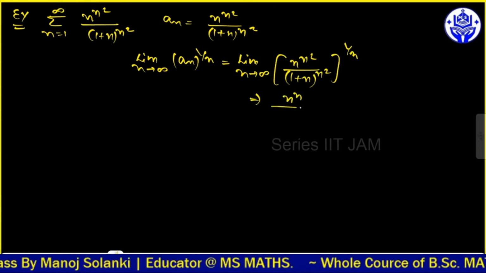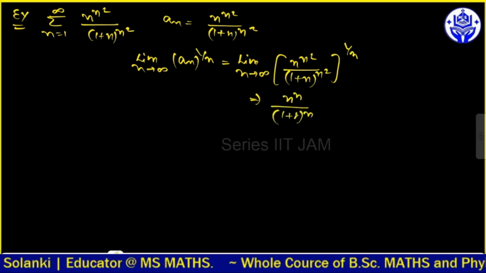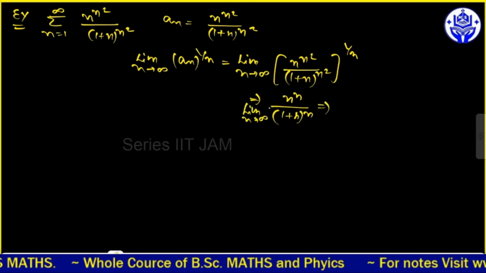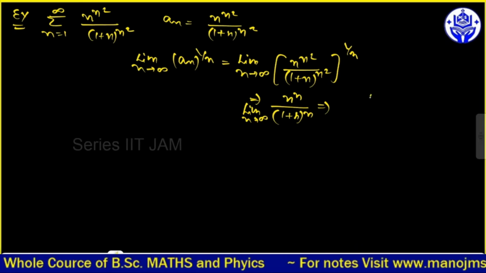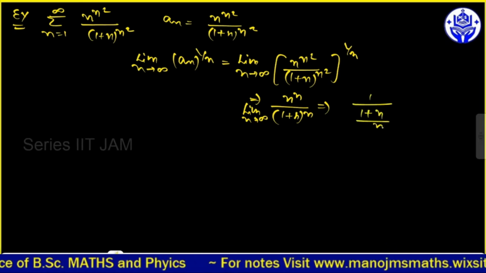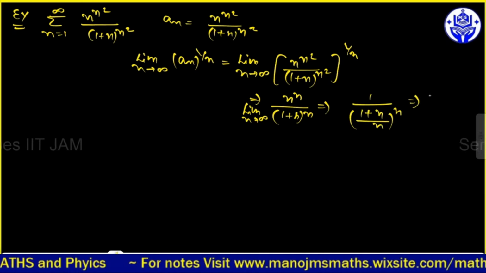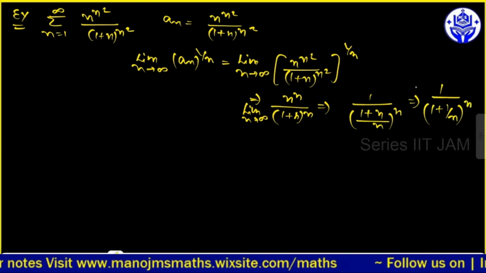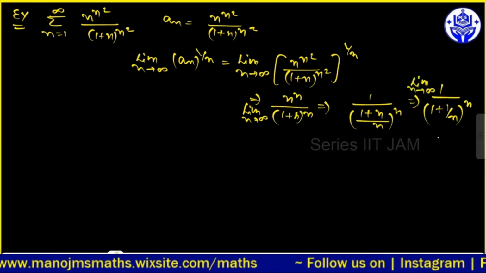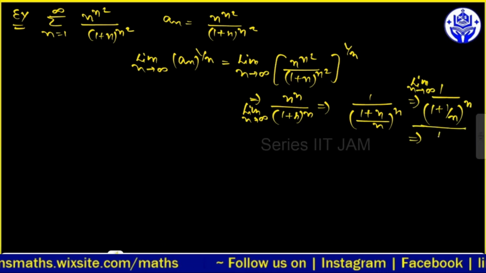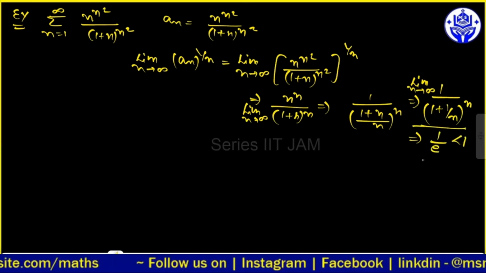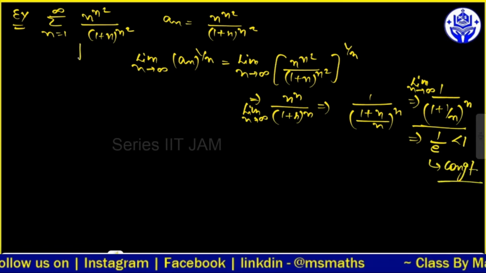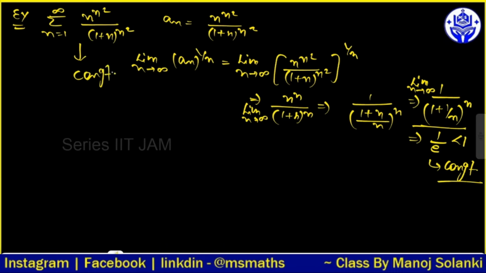तो ये जब हम यहाँ पे सिंप्लीफाई करेंगे तो ये मिलेगा आपको n^n, ये मिल जाएगा 1 पावर (1+n)^n हो जाएगा। तो इसमें जब हम यहाँ पे लिमिट n टेंड्स टू इनफाइनाइट अप्लाई करेंगे तो यार ये क्या हो जाएगा, नीचे लाएंगे इसको तो ये हो जाएगा ((1+n)/n)^n हो जाएगा, और इसको सिंप्लीफाई करने पे क्या मिलेगा हमको, (1+1/n)^n। और यार अगर इस पे हम लिमिट n टेंड्स टू इनफाइनाइट पुट करते हैं तो ये क्या फॉर्मूला होता है, e का फॉर्मूला होता है, 1/e जो होता है वो लेस देन 1 होता है, और यार जब लेस देन 1 होता है तो सीरीज कैसा होता है, कन्वर्जेंट होता है, मतलब ये वाली जो सीरीज है वो कन्वर्जेंट सीरीज हो जाएगी।